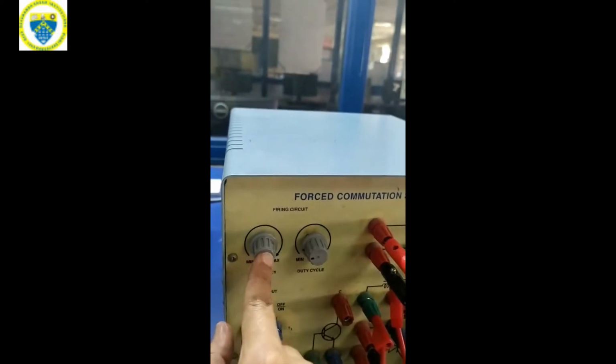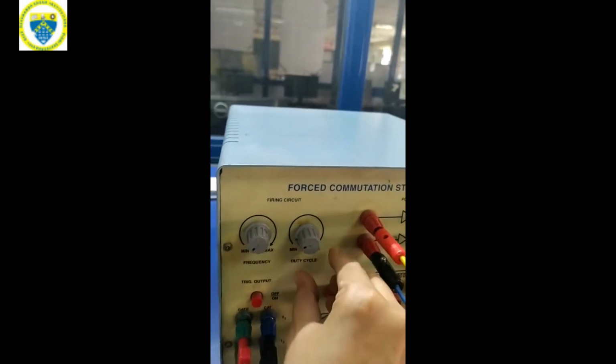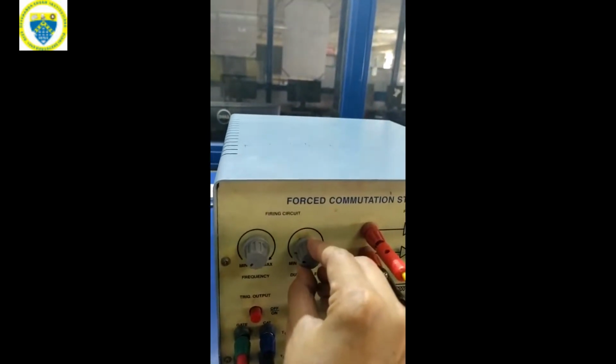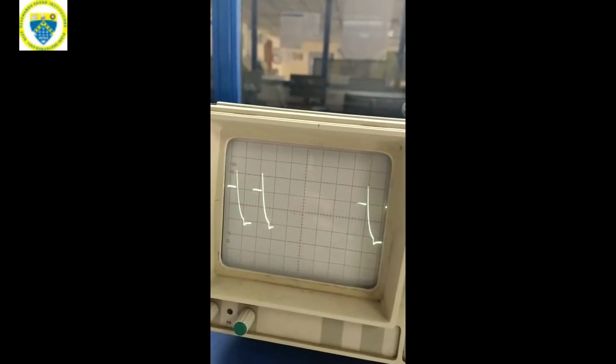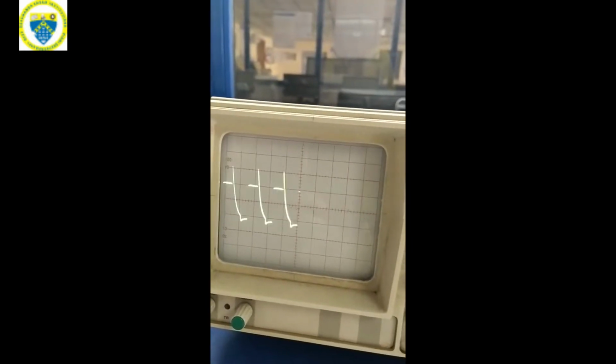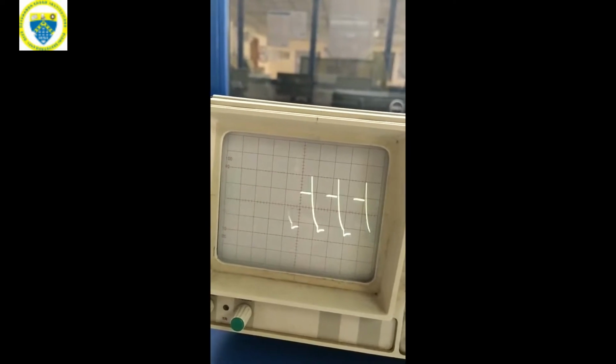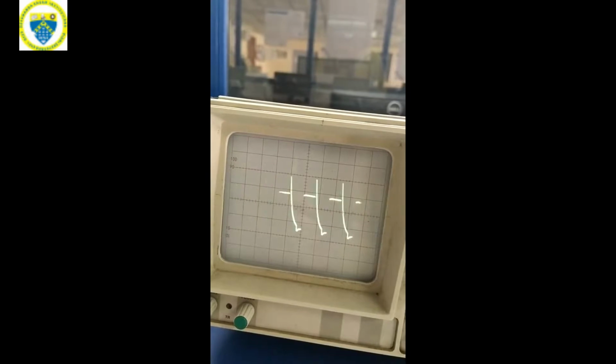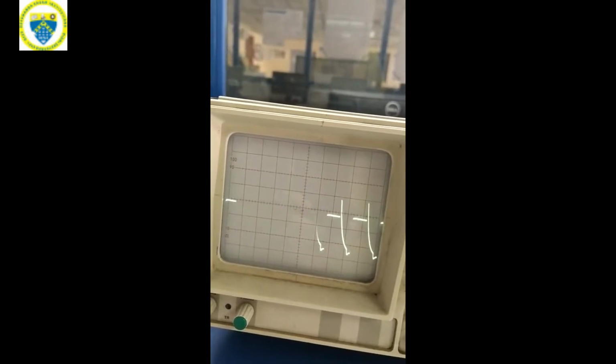Now I will keep this constant and I will start varying the duty cycle. Right now this is in minimum position. I am changing the duty cycle. When I change the duty cycle, there is no change in the frequency. T on and T off can be changed.